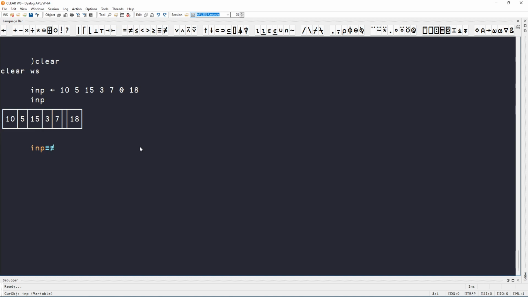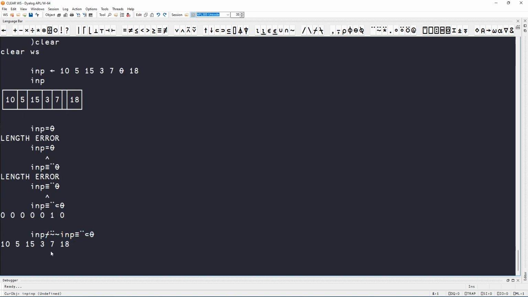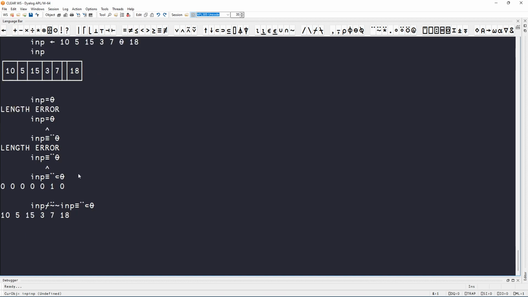Wait, can we? Can we do something like this? Yeah, exactly, we can't. So we want to find the missing children so that we can remove them from the input. So now the missing children are gone, and now what we can do is we can use